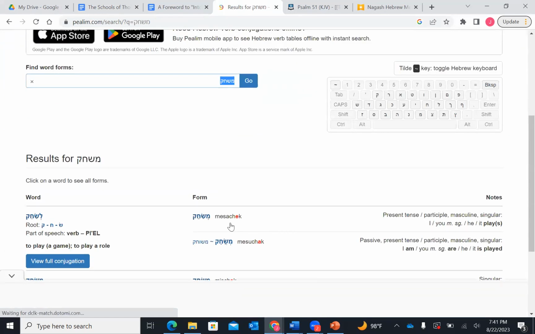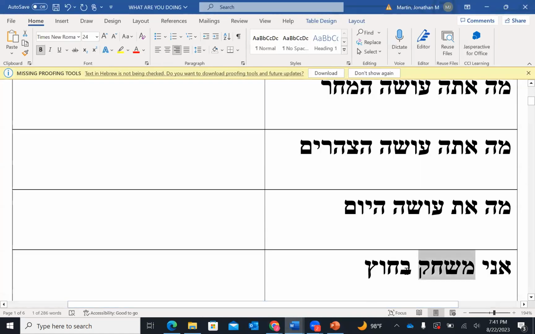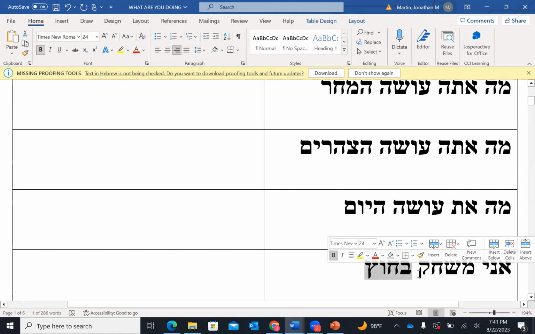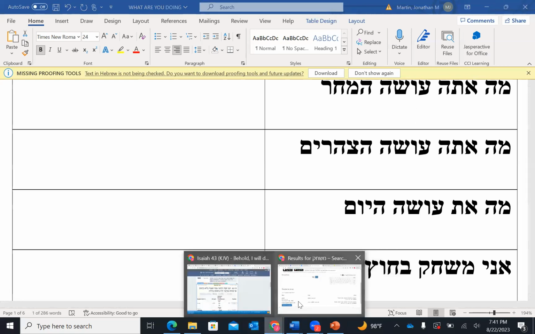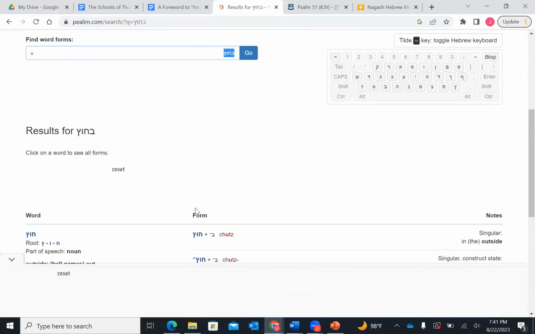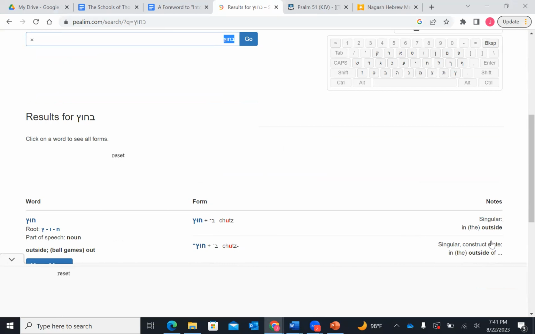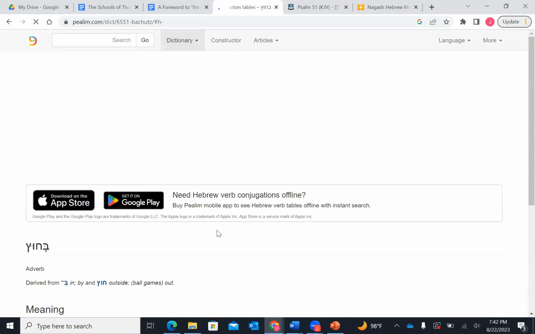See what it says. Misa cake, right? Okay. I am playing what? Oh, I need misa cake. Where was it at? I need misa cake. I mean, psychic. Bekoots. Outside. I'm playing outside. Slow down. I am playing outside. What's see? Bekoots outside. See it? I am playing outside.